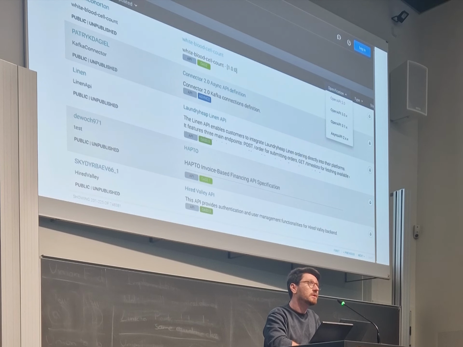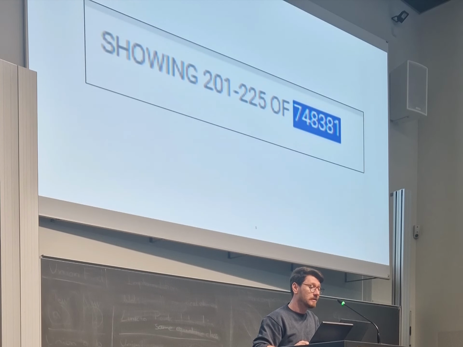So, background. I don't know how many of you are familiar with SwaggerHub. I was not very familiar with it. I accidentally came across it while browsing the internet looking for the OpenAPI documentation of another product. The idea is that they are hosting a lot of OpenAPI documentation, either for private or for public APIs. So if you want to see how an API works, maybe they have it hosted there. And when I say that they have a lot of OpenAPIs, I mean really a lot of OpenAPIs, like